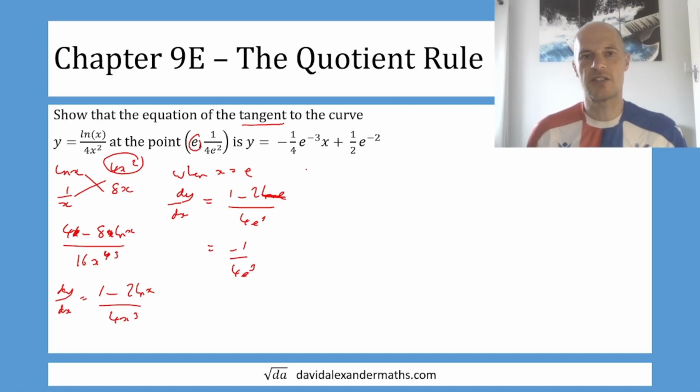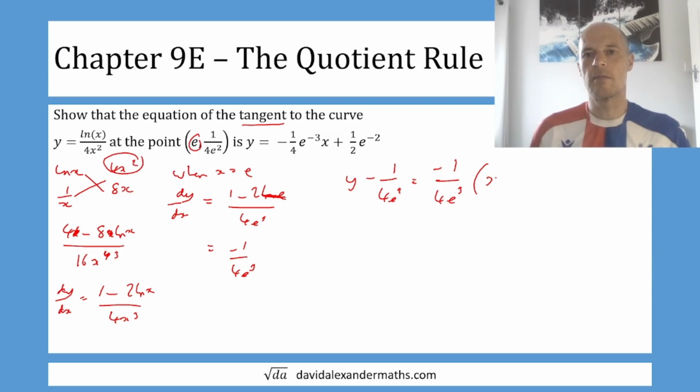Okay, so let's use the standard formula, which is y, take away the y value, which is 1 over 4e squared, equals our gradient, which is minus 1 over 4e cubed, lots of x, minus the x value, which is e. So y equals minus x over 4e cubed